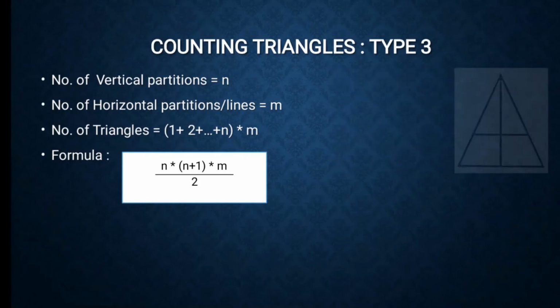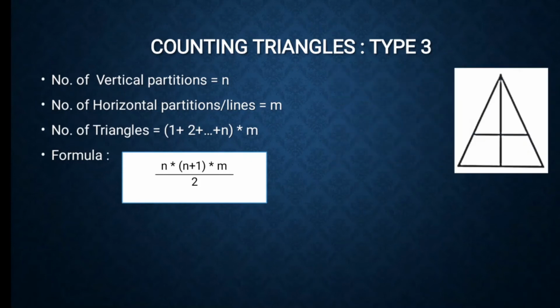Now I'll take an example for you so that you can understand the concept better. In this question I know that the vertical partitions for this triangle is what? 2. So the number of triangles in that case, let us assume that there is no horizontal partition. So in the first case I am just counting how many triangles are there if there is only vertical partition, no horizontal. Let us forget the horizontal line for a minute and count the number of triangles. In this case the number of triangles was 3. We have already taken this.